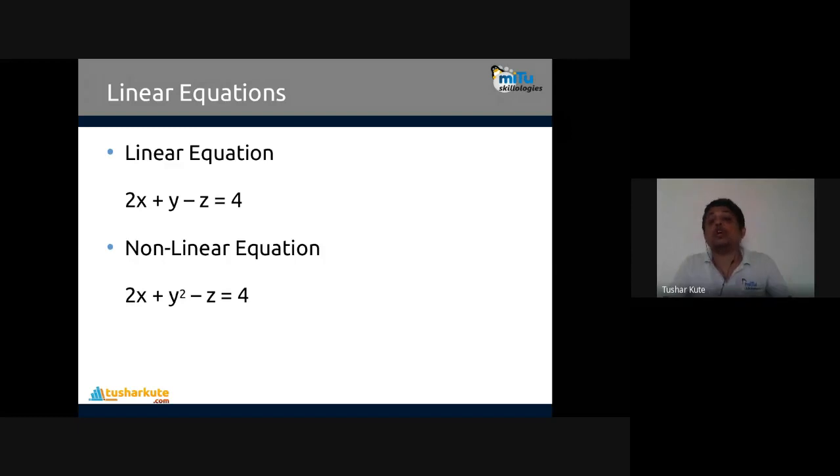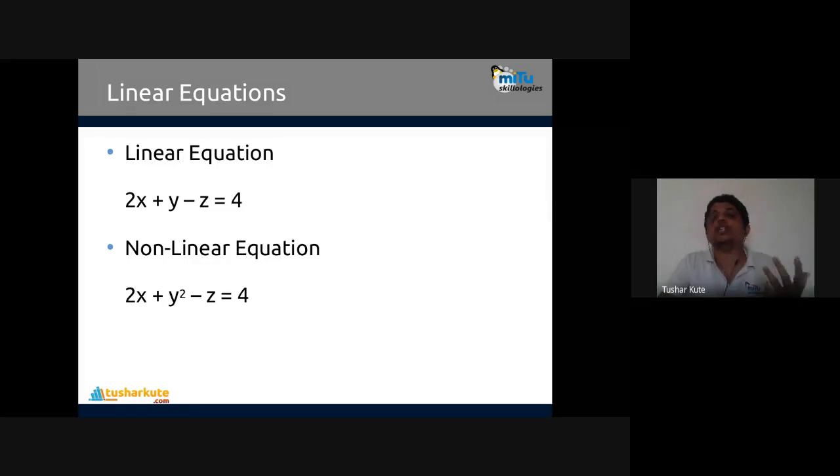So it's nothing different. But a non-linear equation is an equation where the exponent of every variable inside it is different than one, meaning other than one. It's called a degree, generally called a polynomial degree. When you use the polynomial regression concept in machine learning, this degree plays a very important role. It creates a curve. When you have a line and you raise it to a power, it will create a curve. You can just try that one. Very easy to know and identify that. So this is the difference between linear and non-linear equations.